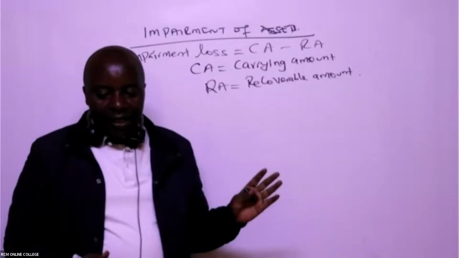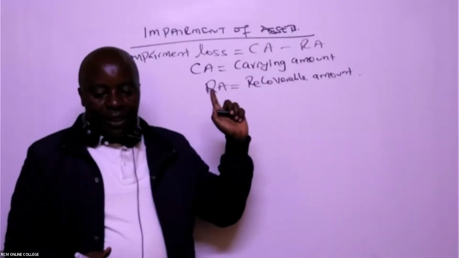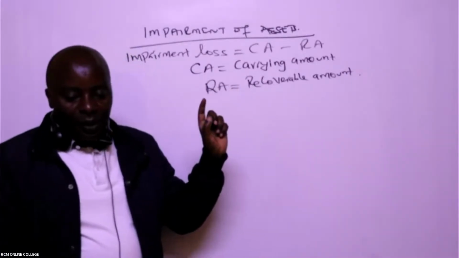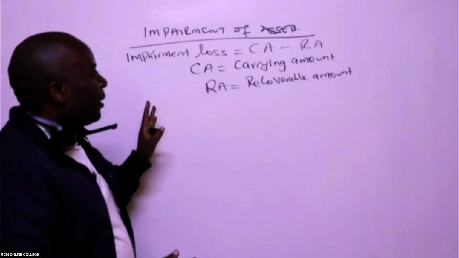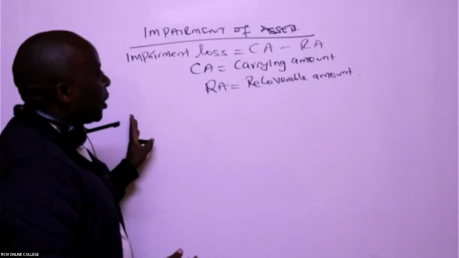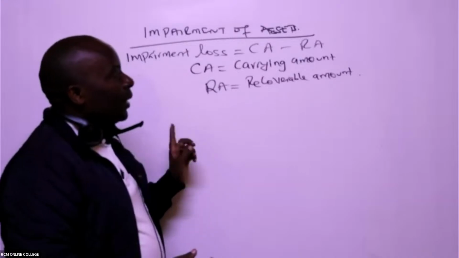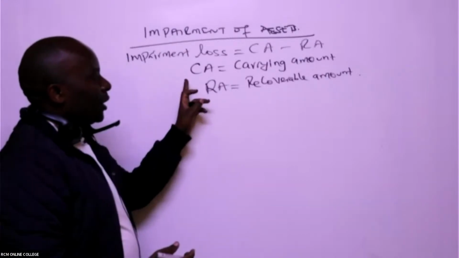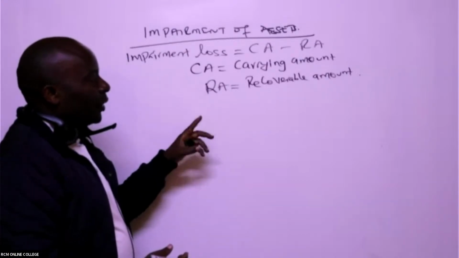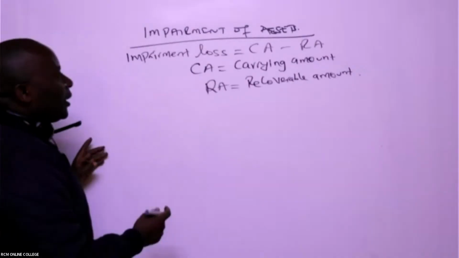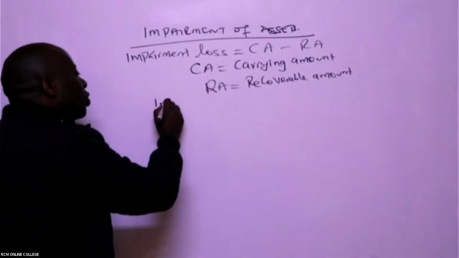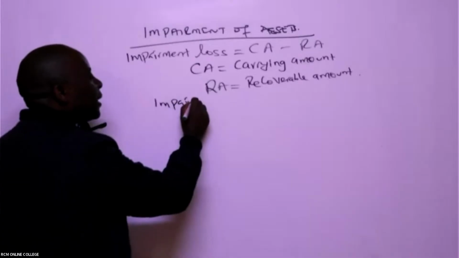And now we are here. We're asking questions about what your impairment loss. All right. So let's come here that anytime they want us to get impairment loss, we take carrying amount minus recoverable amount. So this is carrying amount, this is recoverable amount. And I told you, ladies and gentlemen, that anytime they ask you any question about impairment loss,